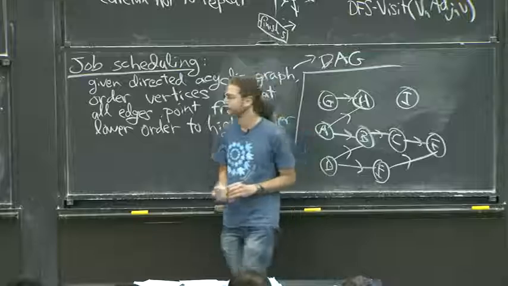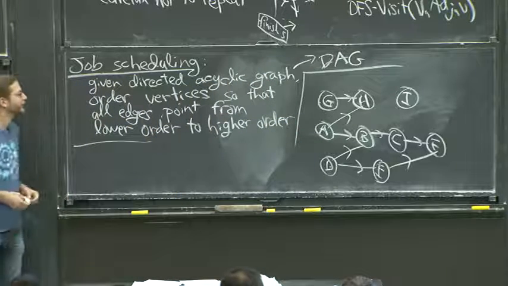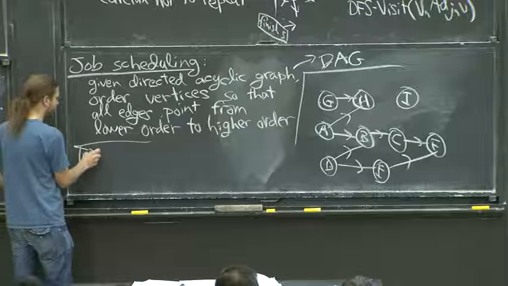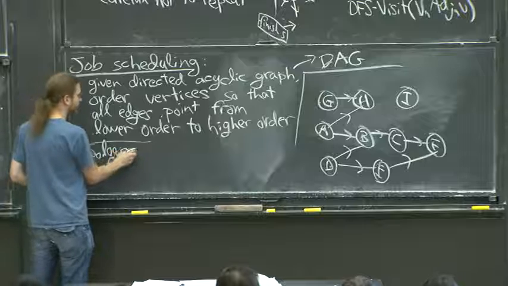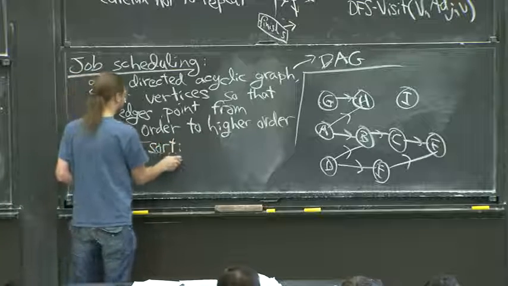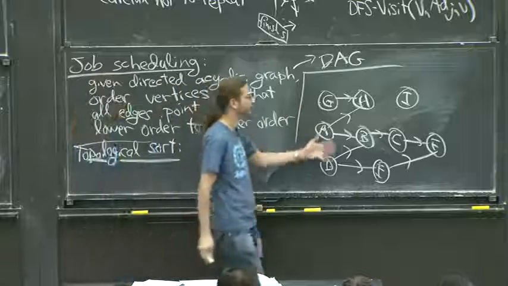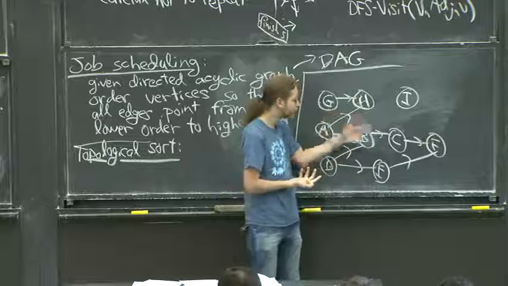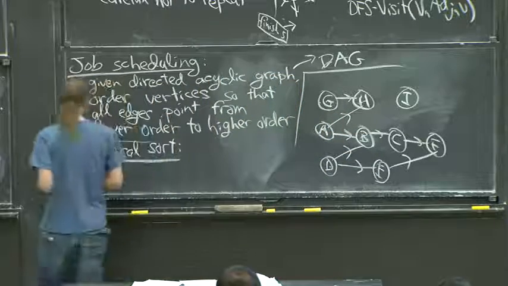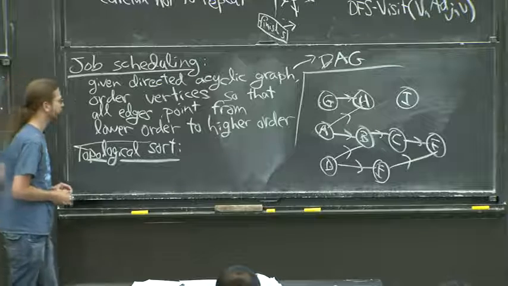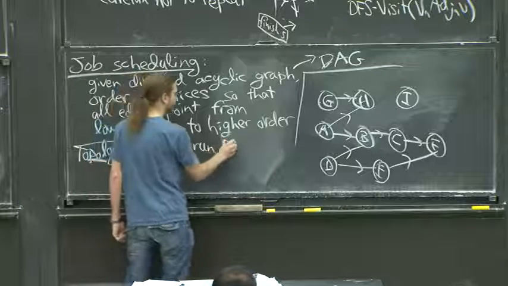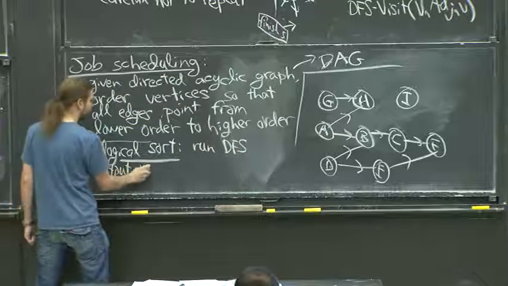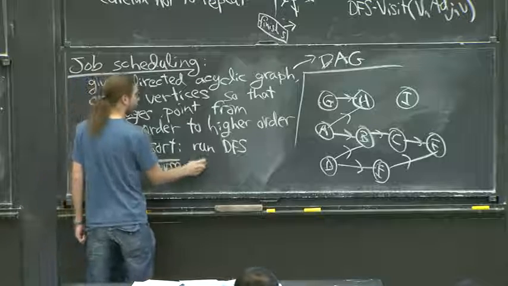How do we do this? Well, at this point, we have two algorithms, and I pretty much revealed it is DFS. DFS will do this. Topological sort is what this algorithm is usually called. Topological sort because you're given a graph, which you can think of as a topology. You want to sort it in a certain sense. It's not like sorting numbers. It's sorting vertices in a graph. So hence topological sort. That's the name of the algorithm. And it's: run DFS and output the reverse of finishing times